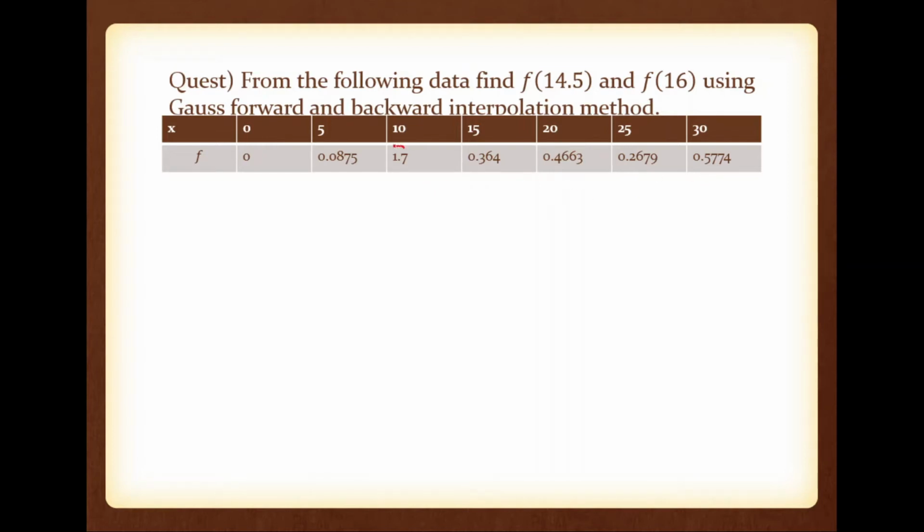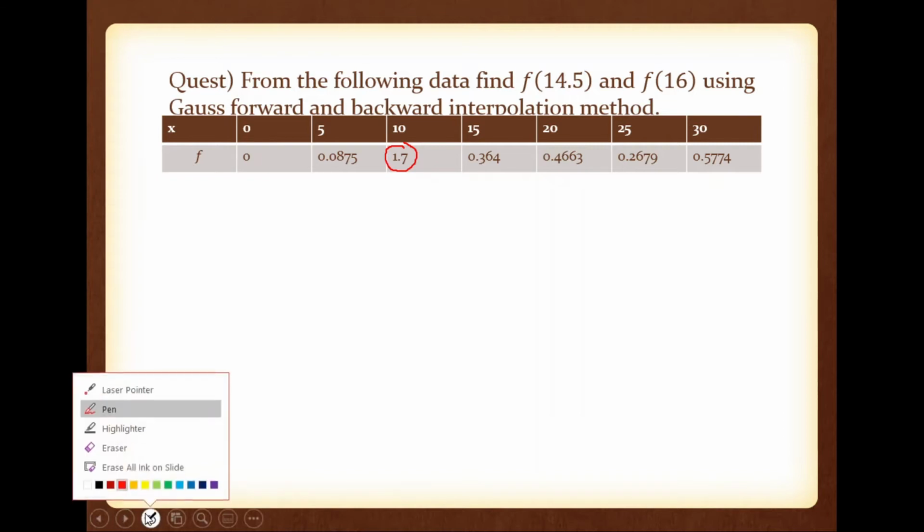So please note this value. In the given question, this is actually roll number divided by 10. So I took roll number as 17. So 17 by 10 is 1.7. Okay. So now